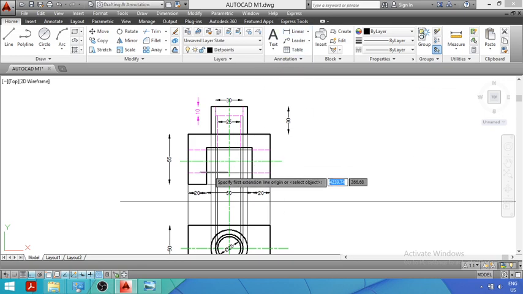Then we have to give the dimension of this center line also, that is center of the hole. So the distance of center of the hole from the end is equal to what, 25 mm. So the distance from this point to this point is equal to 25 mm. So we have given the distance of the center from the base equal to 25 mm, and the diameter of